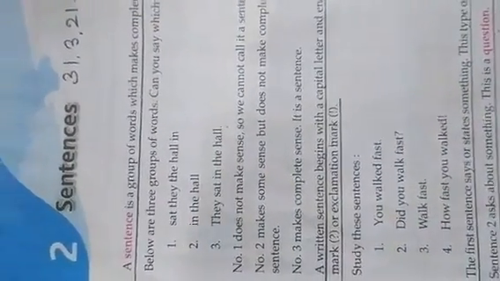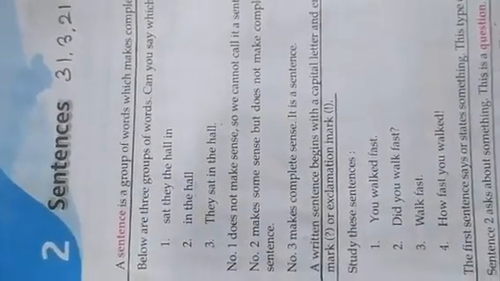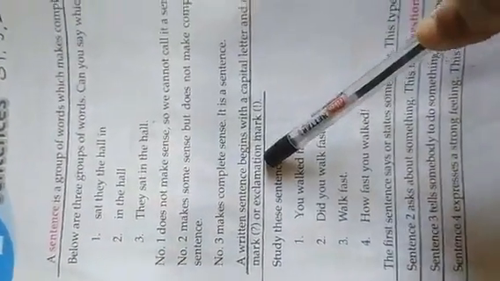This is sentences. We had studied that a sentence is a group of words which makes complete sense, which is meaningful. And the important things about a sentence are that they start with a capital letter, and they end with end marks. Alright, these are end marks, and they are meaningful. Next we have studied the 4 kinds of sentence: statement, question, command and exclamation.